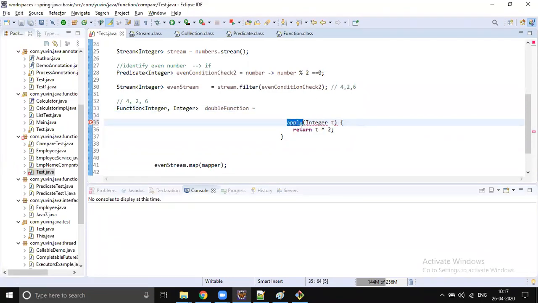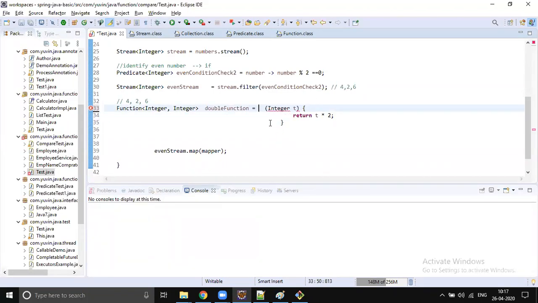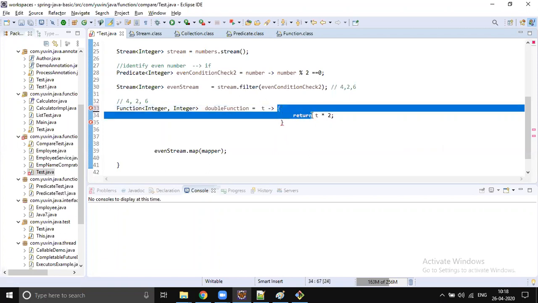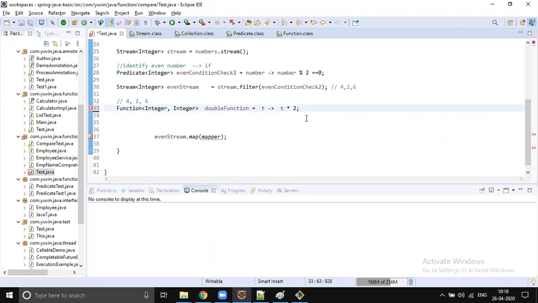Function name is always dummy. With respect to lambda expressions, the function name is always dummy. And what type we are going to take, here itself we are specifying, so the type is also not required. What we should add extra is the arrow. The argument count is 1, so remove the parentheses. The implementation is exactly 1 line, so remove the curly braces. So doubling a value is this easy.